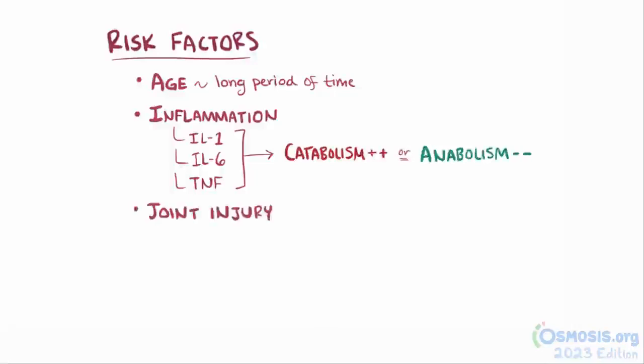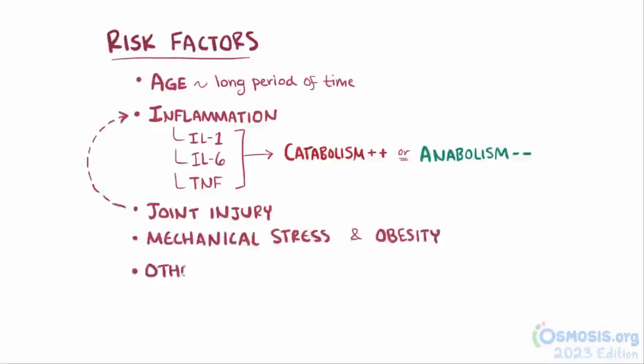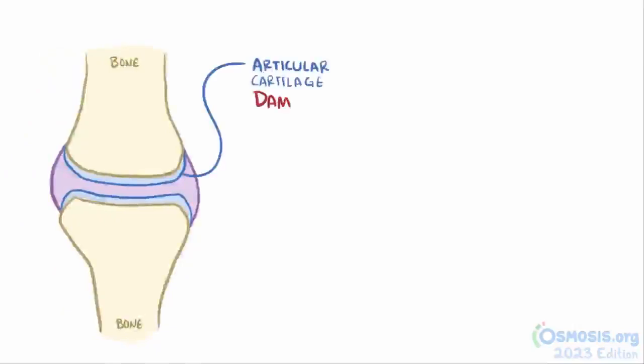Also, joint injury, which brings with it a lot of inflammation, seems to be a major risk factor for osteoarthritis, as well as mechanical stress and obesity. Other risk factors include neurologic disorders, genetic factors, and even certain medications, suggesting that there are other mechanisms at play as well. Whatever the initial cause of articular cartilage damage is, it gets the chondrocytes to start trying to repair